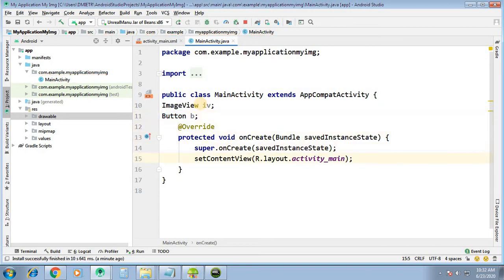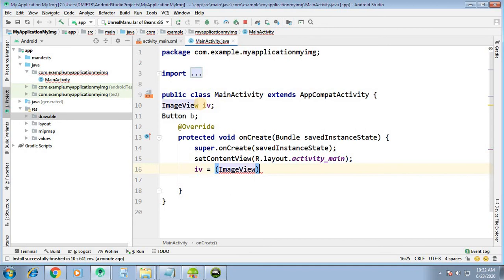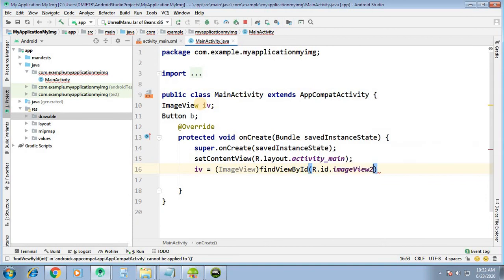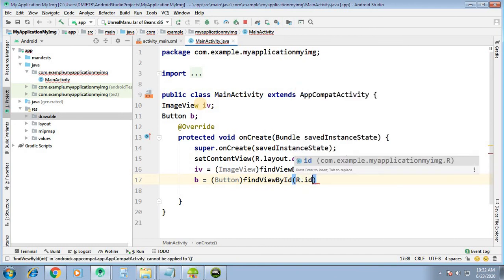So now map both the things. iv equal to ImageView, findViewById, R.id.imageView2. Very similarly Button b equal to Button findViewById, R.id.button.